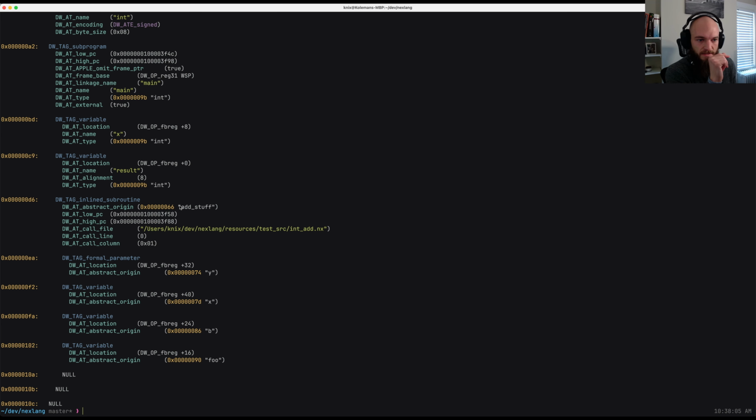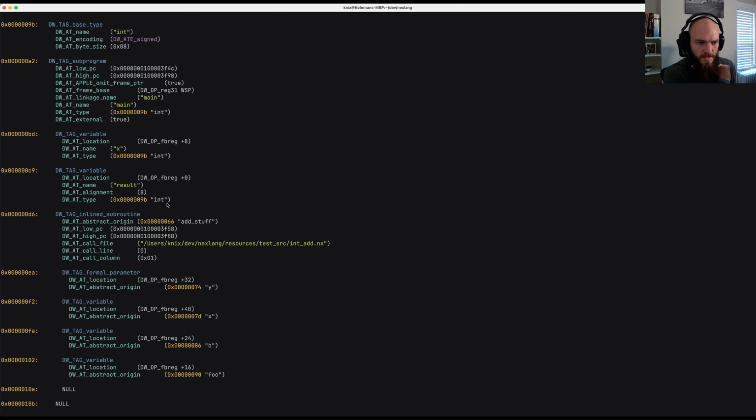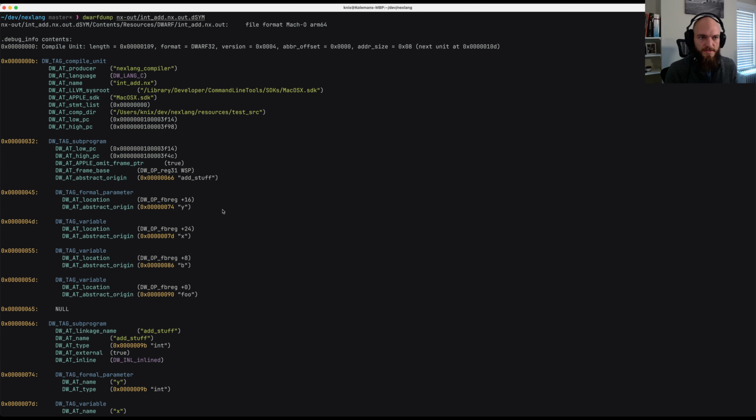and we can see stuff that looks familiar from our program and looks familiar from the flags and the DWARF info that we were adding to the LLVM. We see a subroutine call add stuff, we see the file, we see our variable names, result, x, main. We don't have any interesting type stuff here because this program only had ints. It looks like it strips stuff we don't use. Be nice to add a string just so that we could see how they're represented. But you can kind of just imagine it's the same. It just says, hey, composite type, and then, hey, member type, and then they're just there like this. So this is the raw data extracted from the